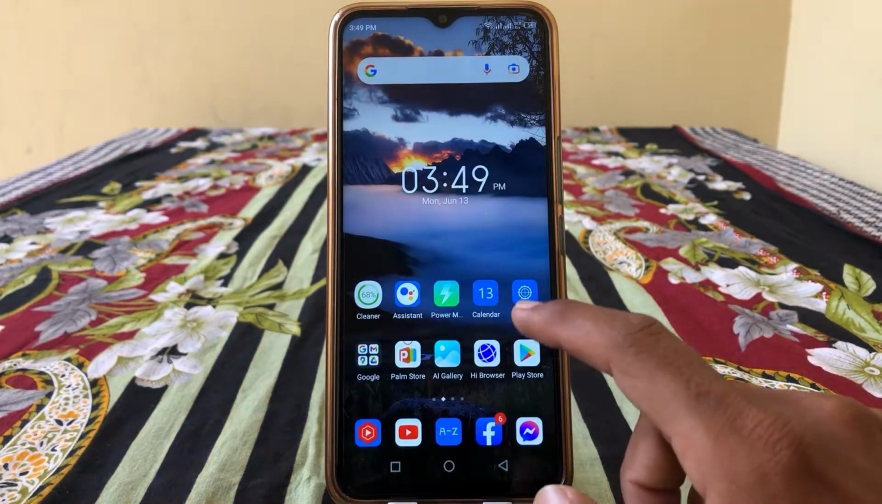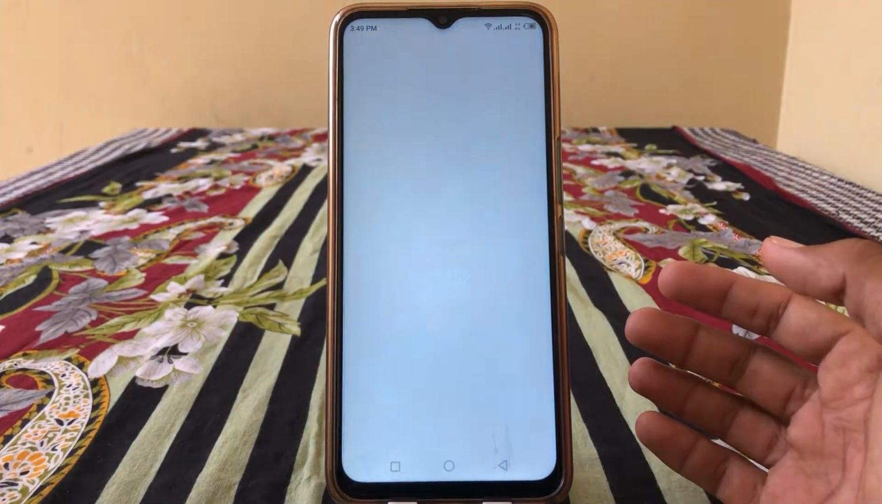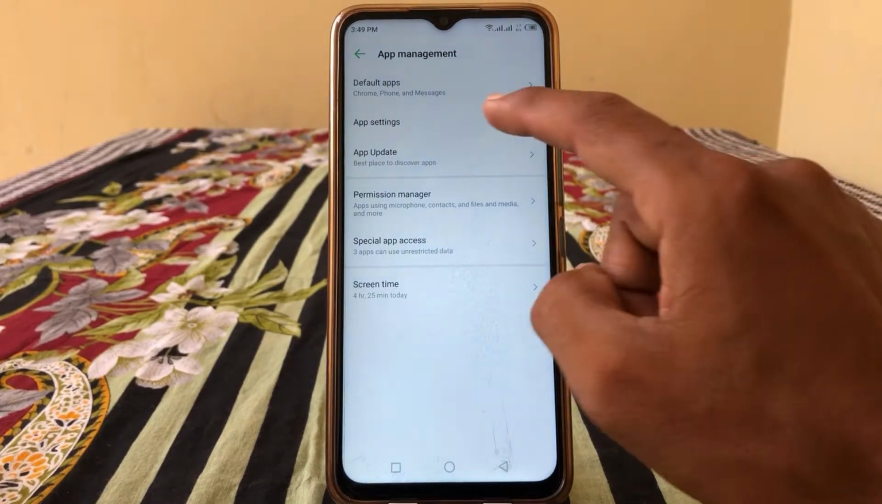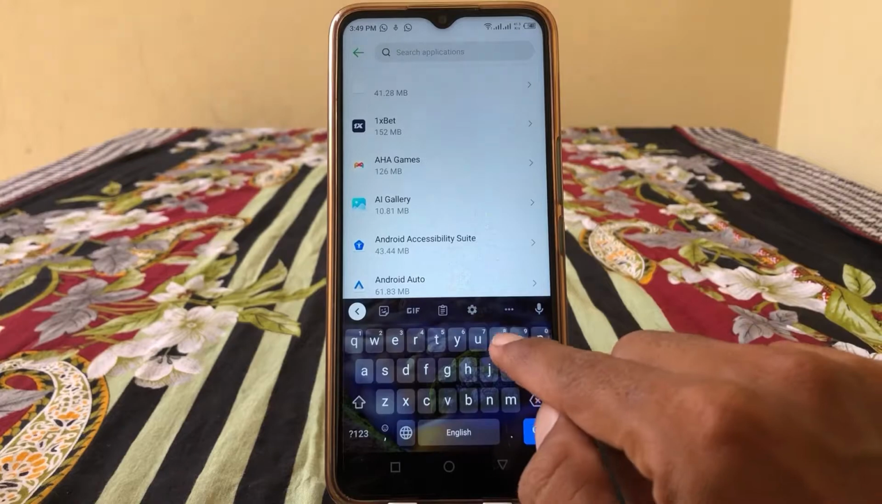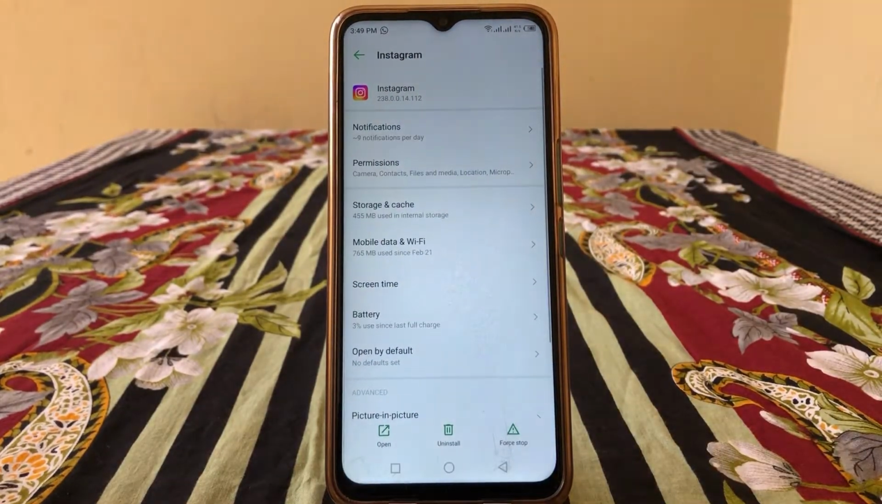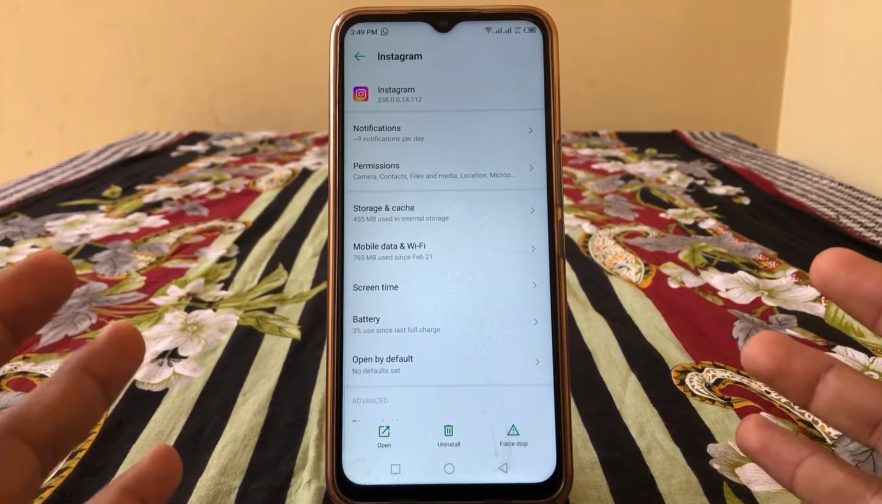So finally, the most important step I'm going to tell you, just open settings. You have to tap on app management and then tap on app settings. From here you have to search for Instagram. Here it is. So guys, let me tell you that this is the most important step because your storage and